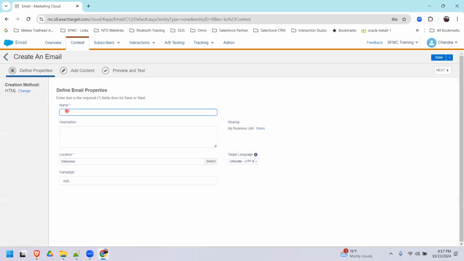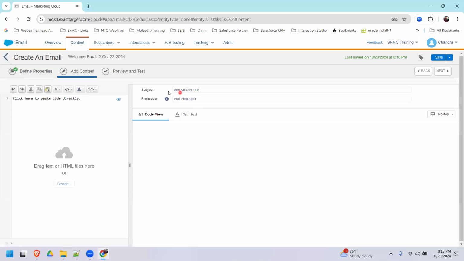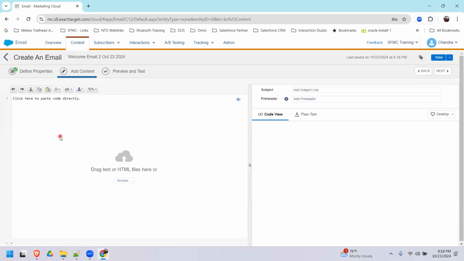The first email I'm creating is the welcome email 2. Email 1 will be template based, and it is built on October 23rd. Welcome email 2, October 23rd, which is dedicated. And first I'll click the button save. I'll go to next. Now I have to specify the subject line and the preheader, and I'll use this dragger to copy paste the code